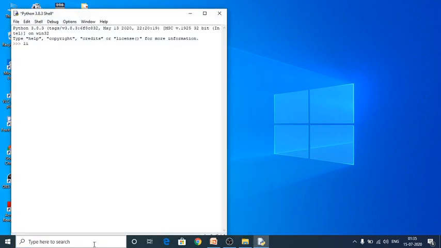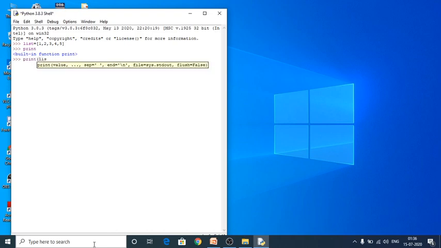So see here, list is equal to 1 comma 2 comma 3 comma 4 comma 5. So here I'm going to print my list. So see here, this is what my list of elements.